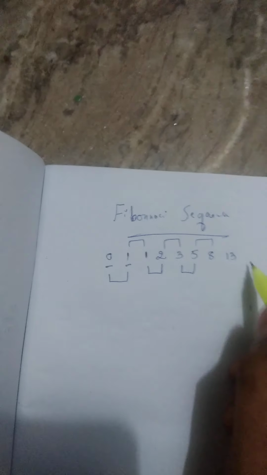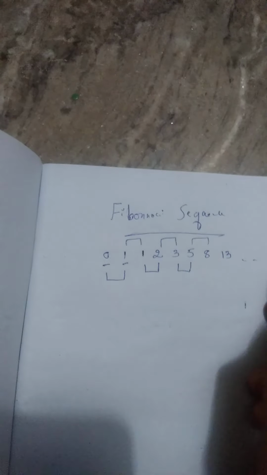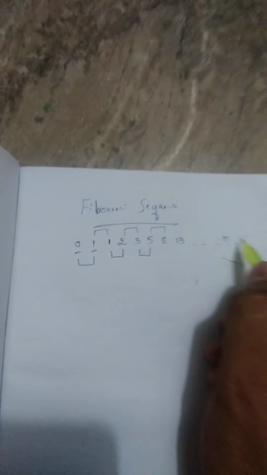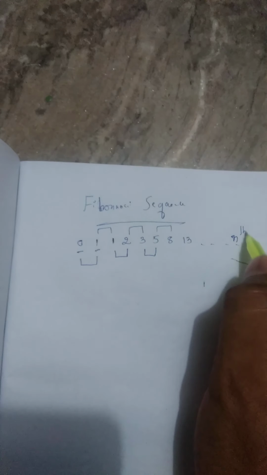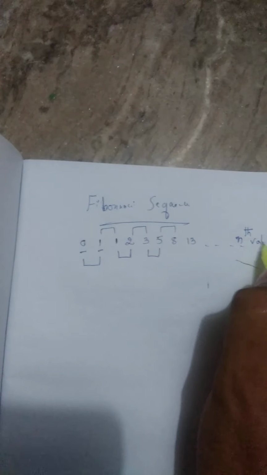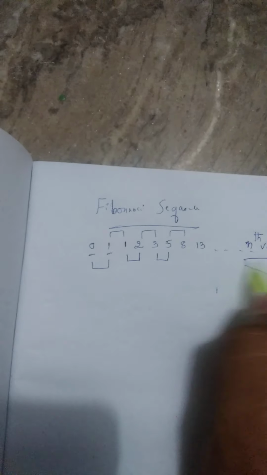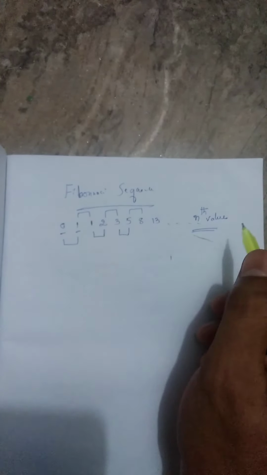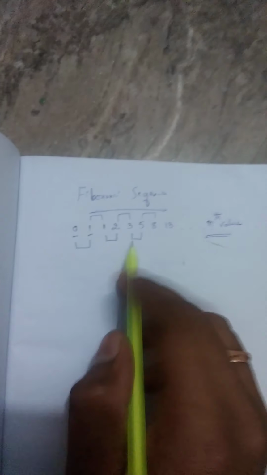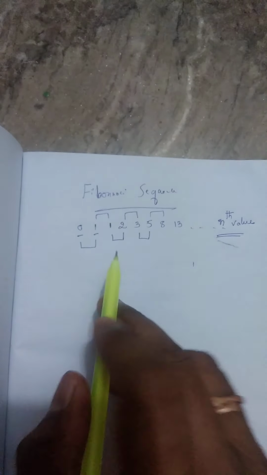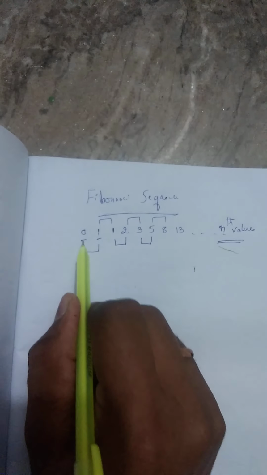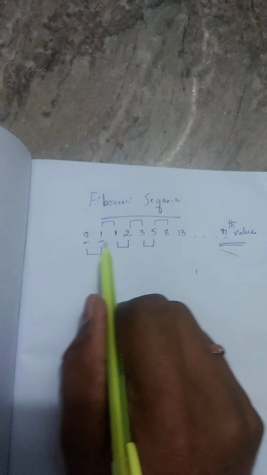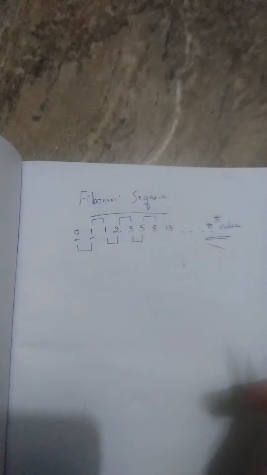That means, and so on, up to the nth value, we are extending the Fibonacci sequence. We print 0 and 1, and with the help of 0 and 1 we extend the Fibonacci sequence. Okay, my dear students, coming to the topic,